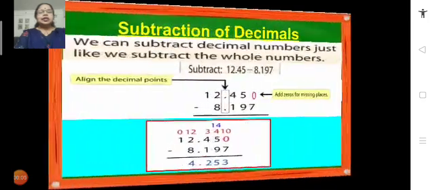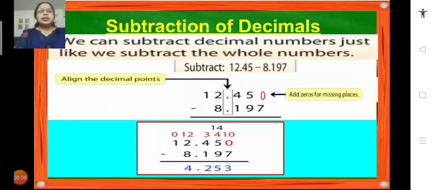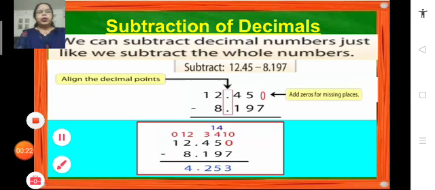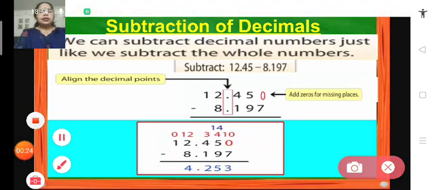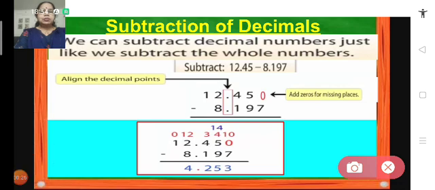In today's session, we are going to learn how to subtract the decimals. Children, the subtraction of decimals is like the subtraction of whole numbers. Only certain things we have to keep in mind. What are they? We have to keep the decimal points one below the other while subtracting the decimals. We have to write the decimal numbers in such a way that the decimal points come one below the other.